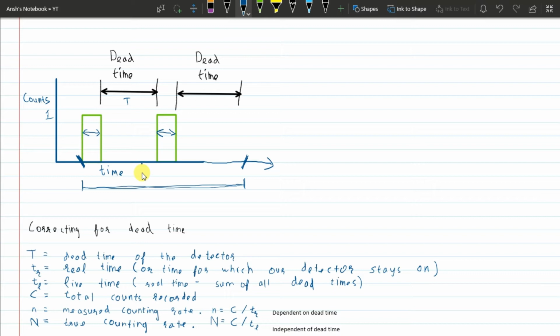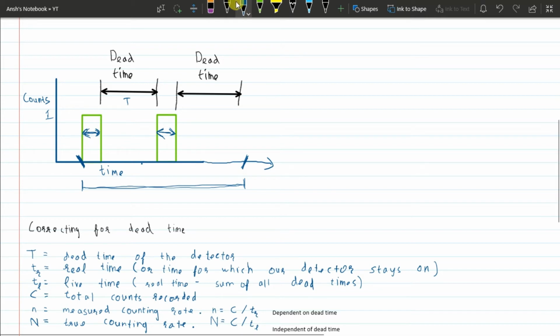Then we have the true counting rate, which is capital N, which is equal to the number of counts upon the lifetime. So that is two counts upon the lifetime, that is, two counts upon the sum of the duration of these two green bars right here. In an experiment, we know small n, and we want to take into account dead time and compensate for it. We can assume that there's some sort of count coming in right here and right here, which we know that our source is emitting, but our detector won't detect since it's dead in that time range. So we want to compensate for that.